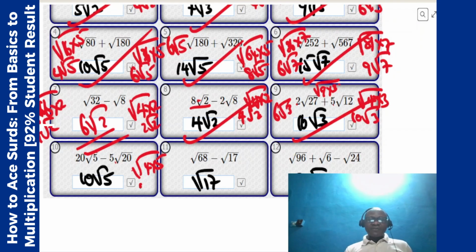2 multiplied by 5 will give us 10 root 5. Then here will be 20 root 5 minus 10 root 5, which will give us 10 root 5. That is very accurate. Then coming to this one,